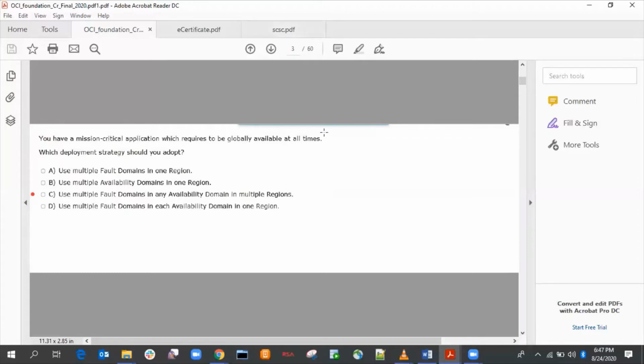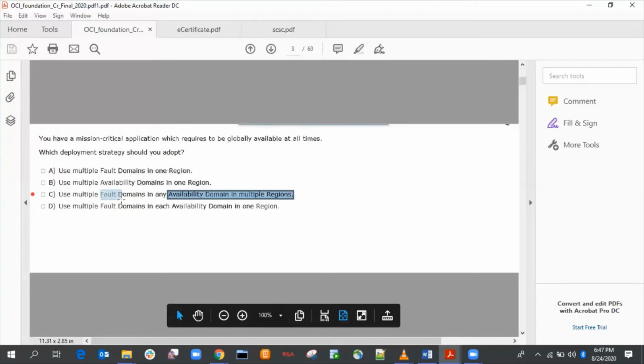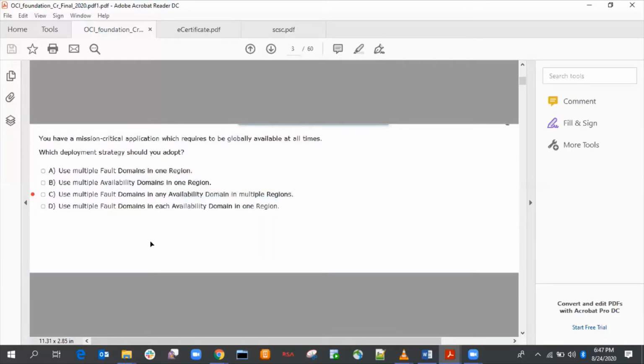For 24/7 availability of the system, you need to concentrate on fault domains and availability domains in multiple regions. Fault domains will help you in recovering your system from any hardware or current failure or disaster recovery or any site disaster.